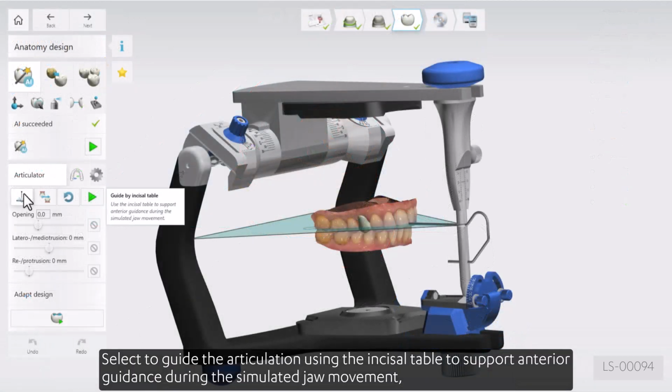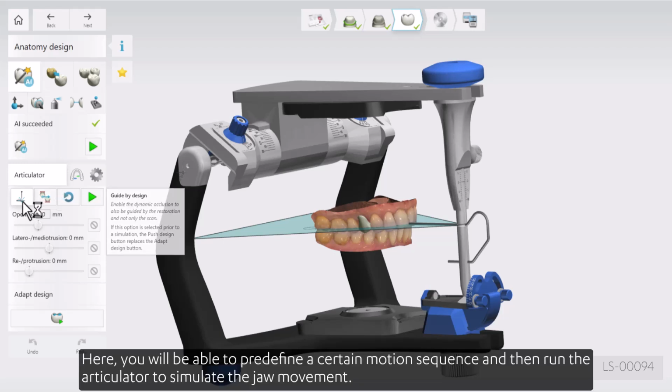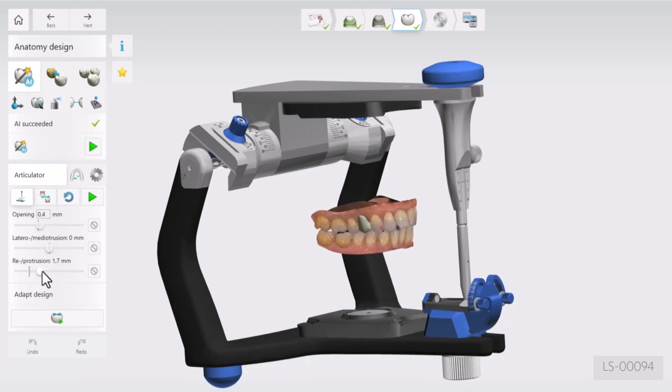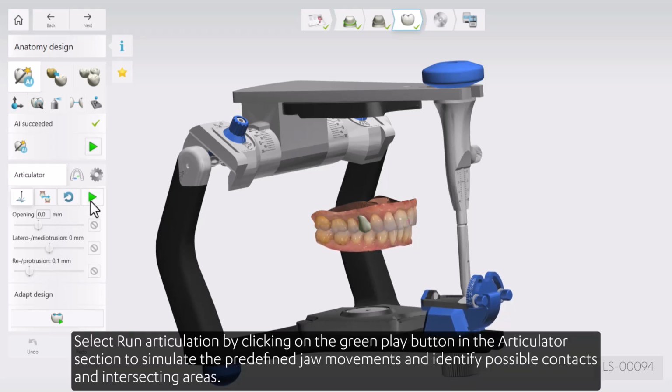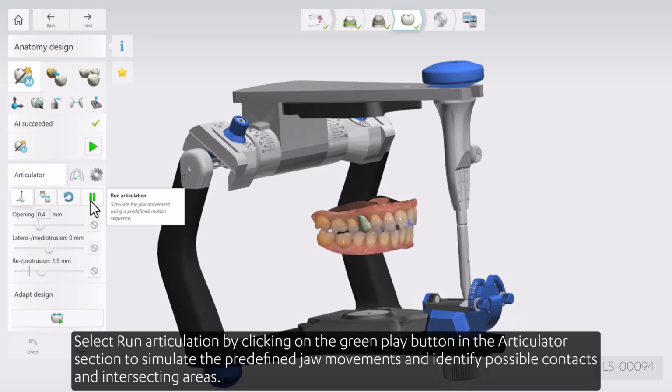Select to guide the articulation using the incisal table to support anterior guidance during the simulated jaw movement, or by design, enabling the dynamic occlusion to be guided by the restoration. Here, you will be able to predefine a certain motion sequence and then run the articulator to simulate the jaw movement. Select Run Articulation by clicking on the green play button in the articulator section to simulate the predefined jaw